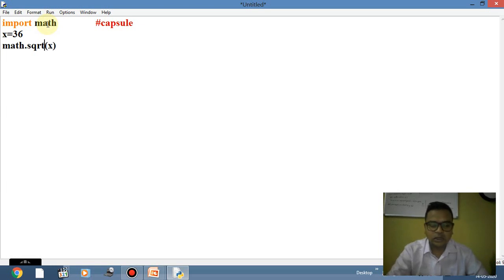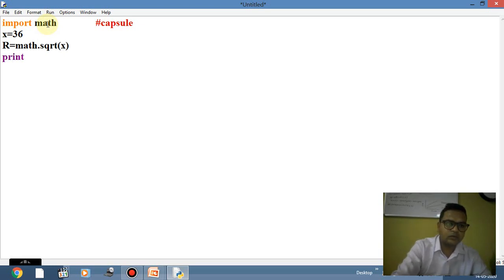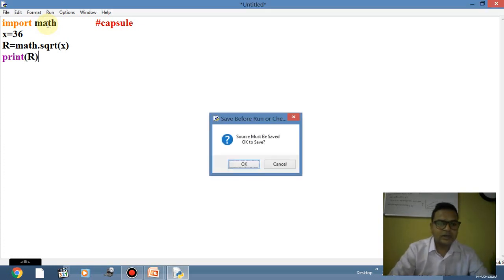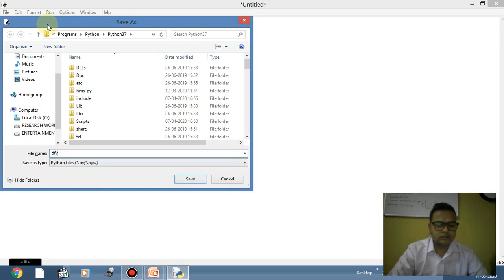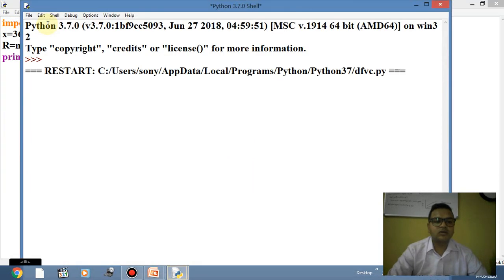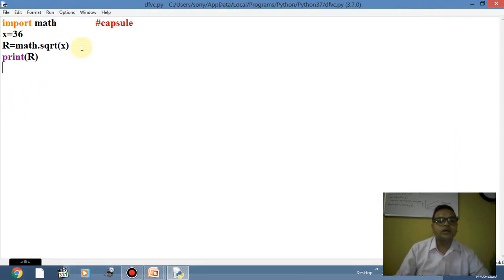That means it will give a value and that value will be stored in the variable r. So if we have to calculate the value of the variable r, what should be its value? Let's check it out. Its value will be print r, so that will be the answer on the screen. So the answer will be 6.0. So the square root of the number x will be 6.0. But just observe this particular statement right now.